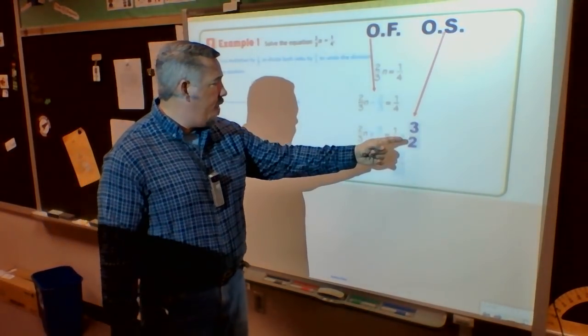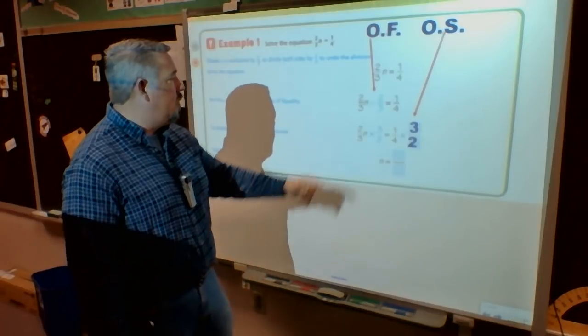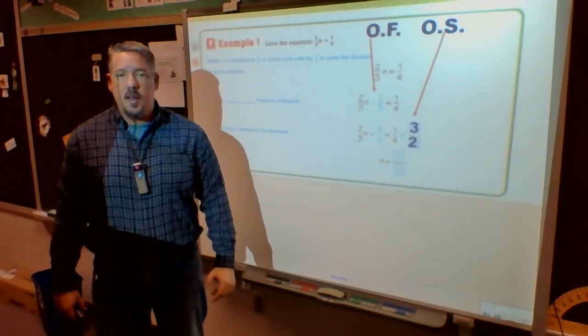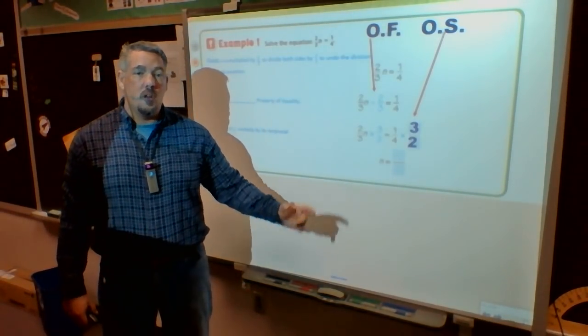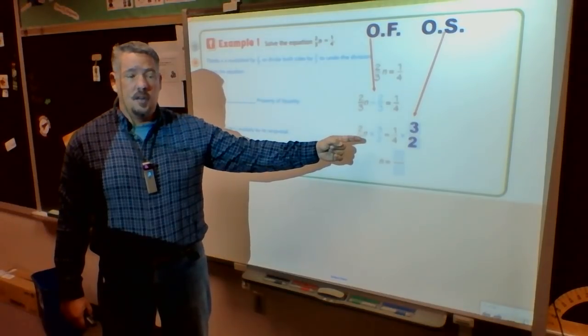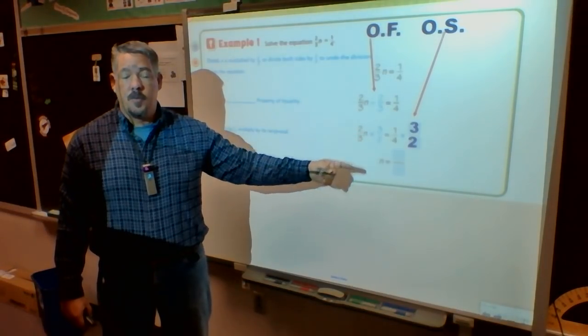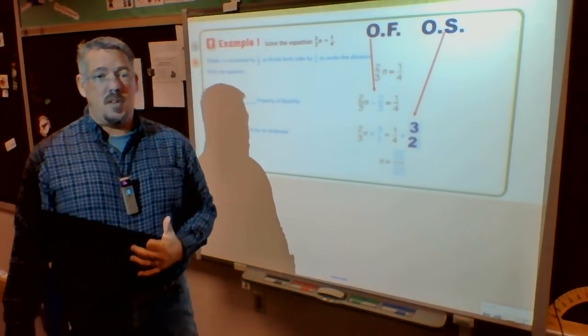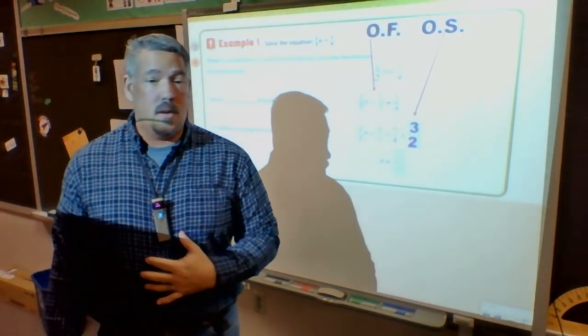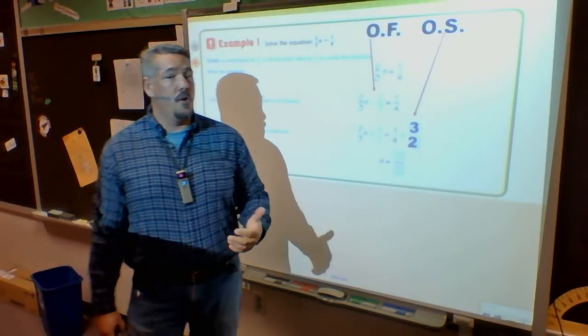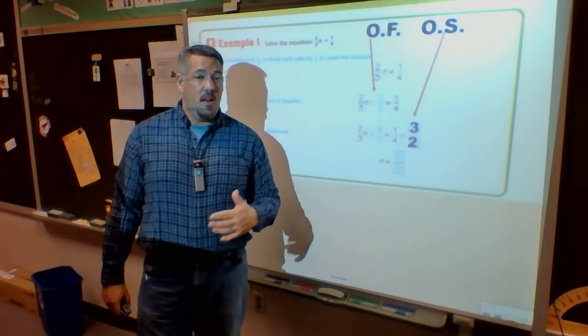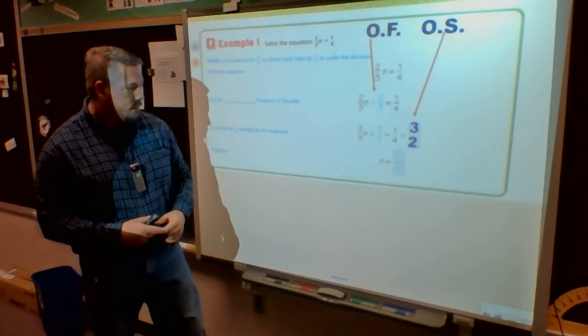Well, notice what I have here. I put 3/2, but I had 2/3. Why is that? Did we notice that things changed here? This became multiplication. So the book skipped some steps there, and I'm going to talk you through it. It's not going to be on my board, so hopefully you're truly paying attention to what I'm saying, and it'll help you remember what we're doing.